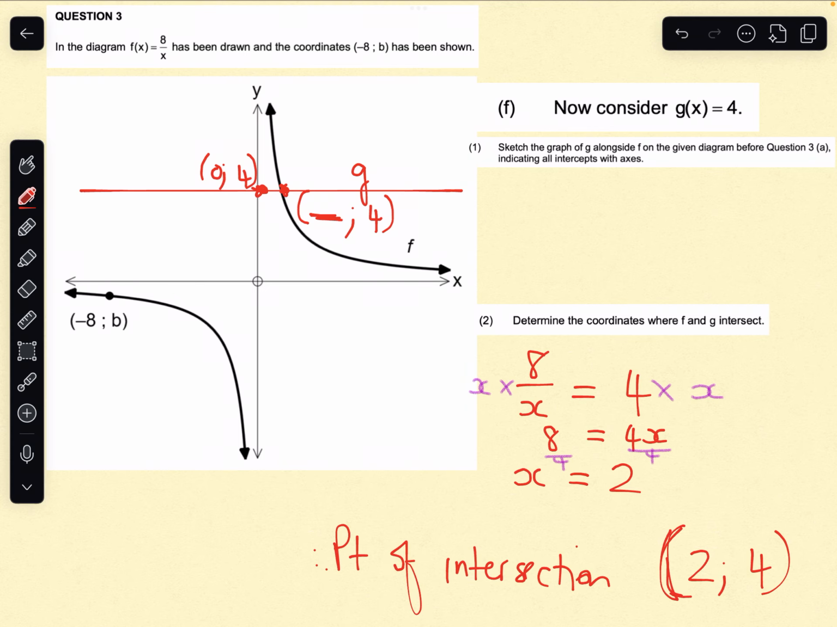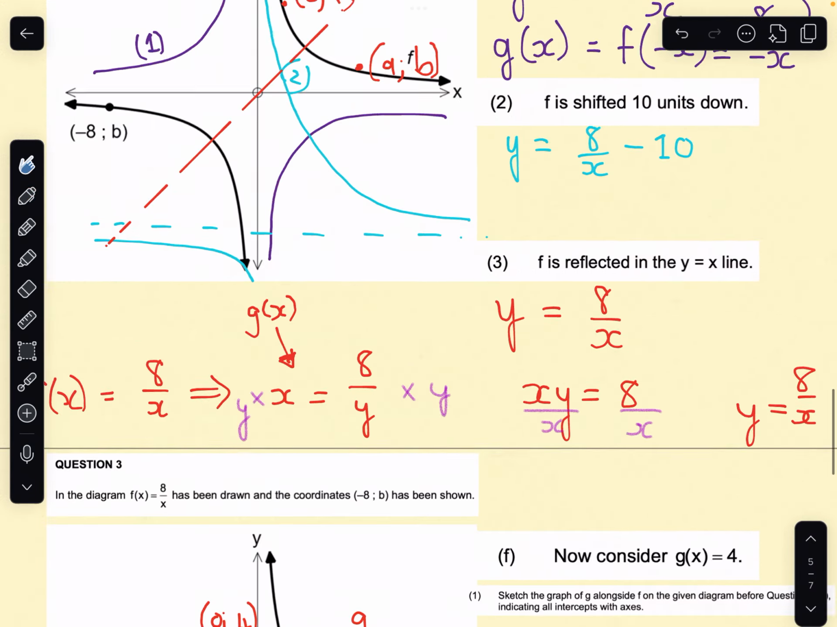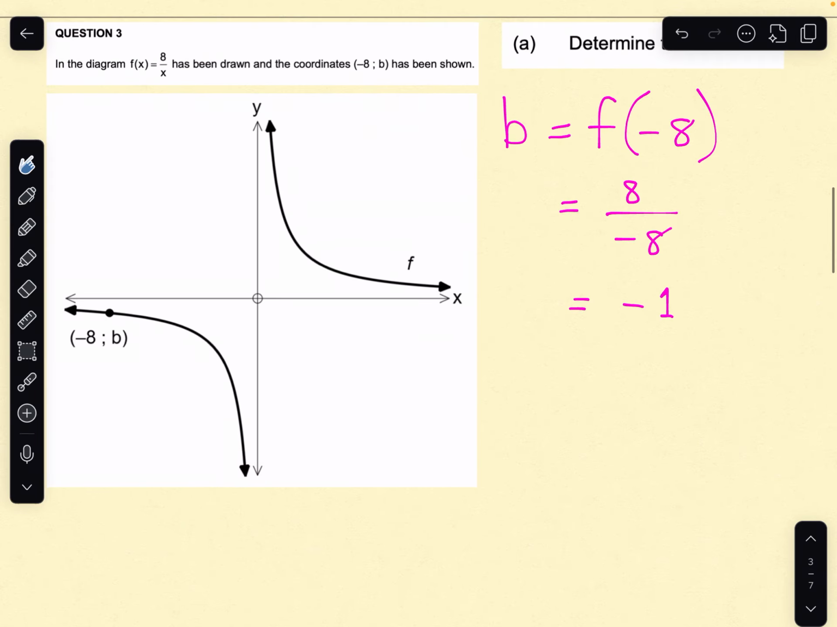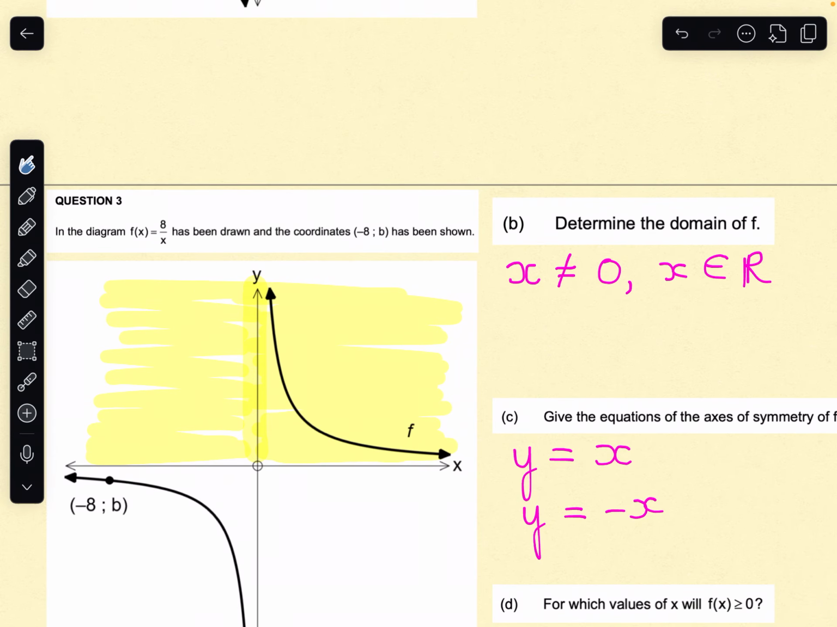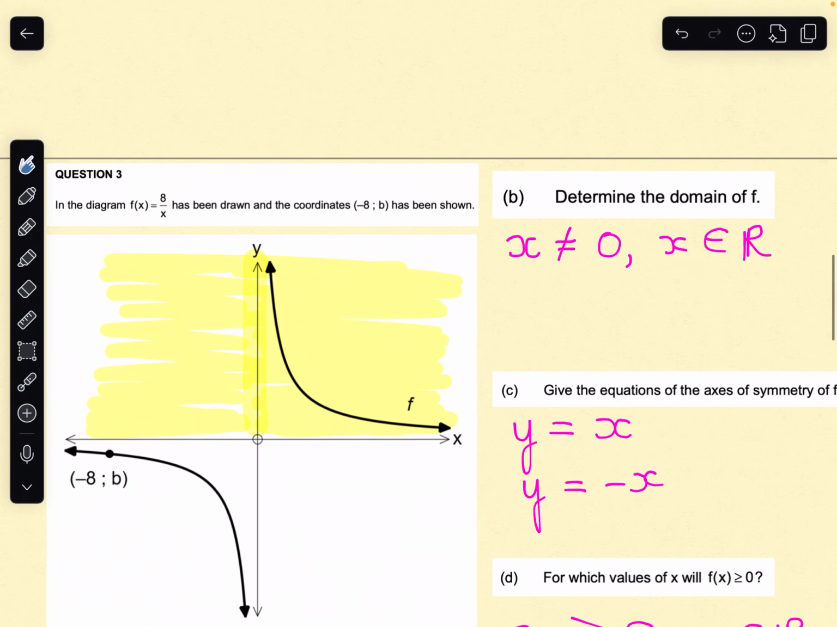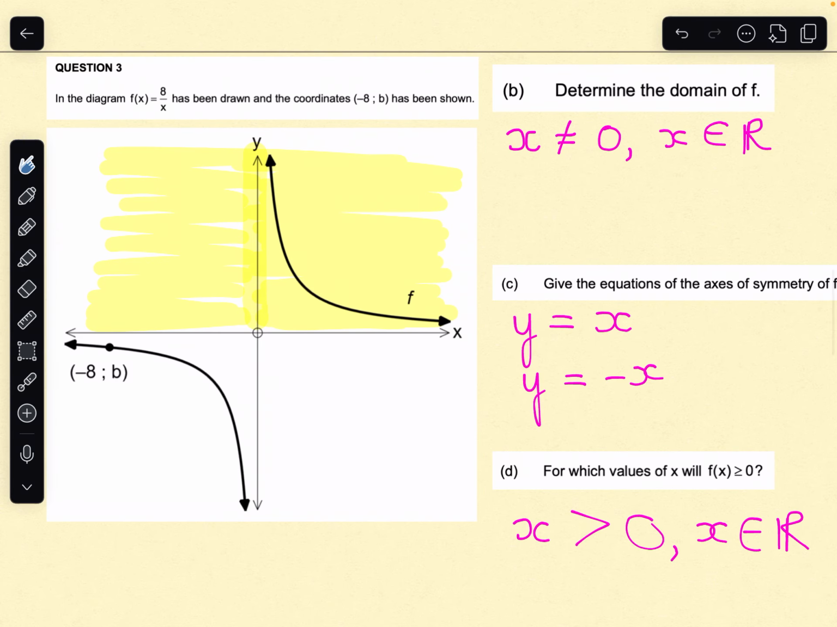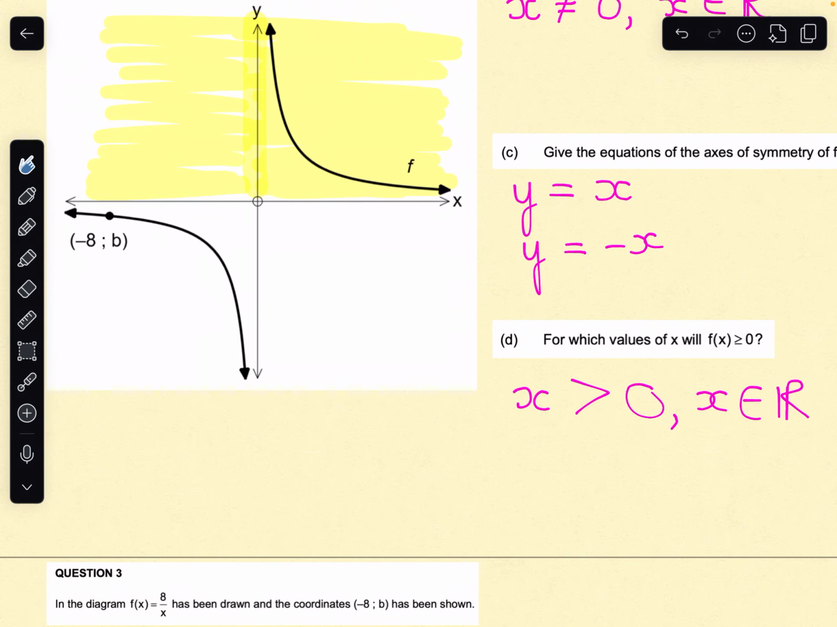Right, let's have a look at what the memo thinks of our efforts. I think that was the last question. So we have b is equal to -1 first up. Good. Then next up, the domain, we have x can't be 0, x is an element of real numbers. Perfect. Then our axes of symmetry are y is equal to x and y is equal to -x. And then for which values of x will f of x be greater than or equal to 0? They just have x greater than 0, so I guess you don't have to write the x element of